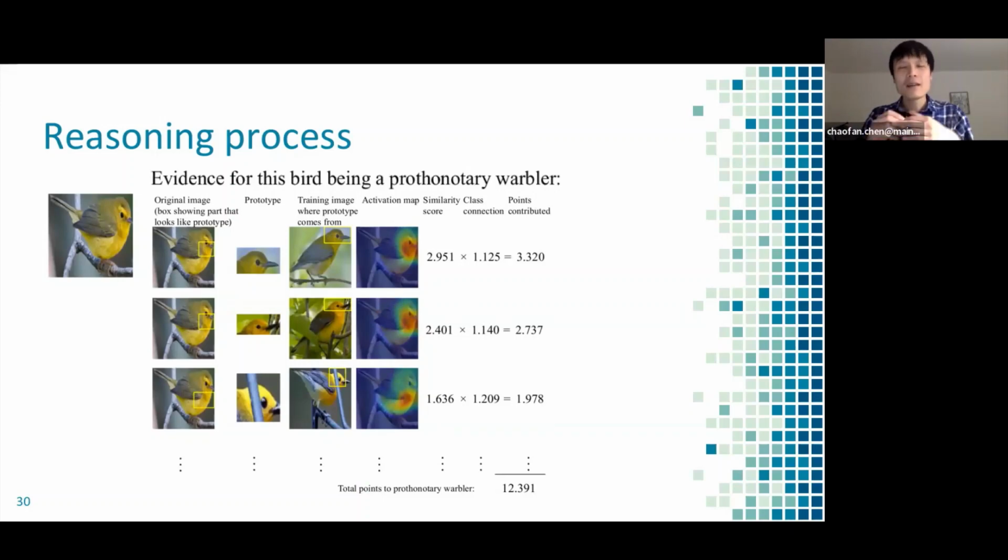But even though the network makes some mistakes here, we can still see the reasoning process of the network and understand why it makes the mistake. So this is actually very important when we apply a neural network to, say, a medical situation, because when we have a neural network that classifies some medical image, if it makes a mistake, we can have a doctor check over the reasoning process and say that, oh yeah, it indeed makes a mistake. So we want to understand why it makes a mistake. And therefore, our network, even though it makes a mistake in this case, can still be very useful.